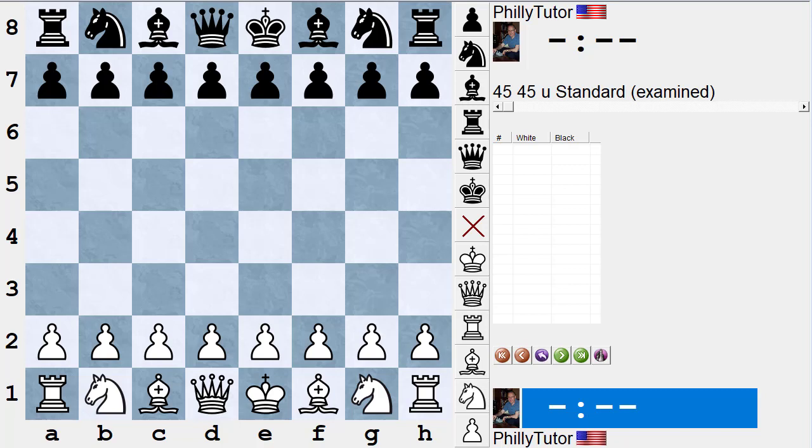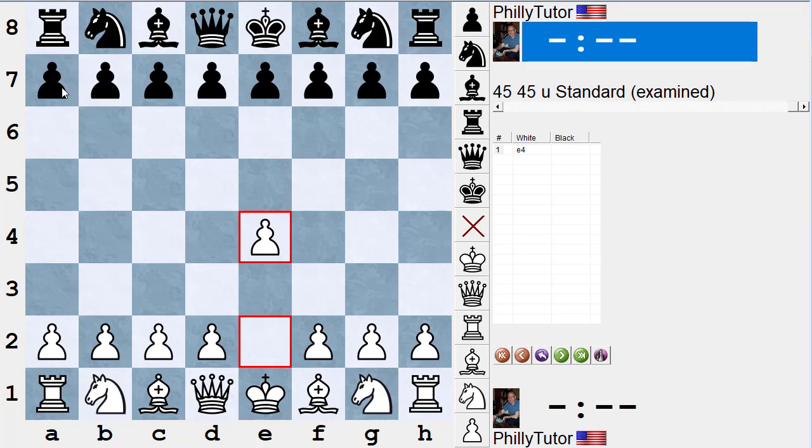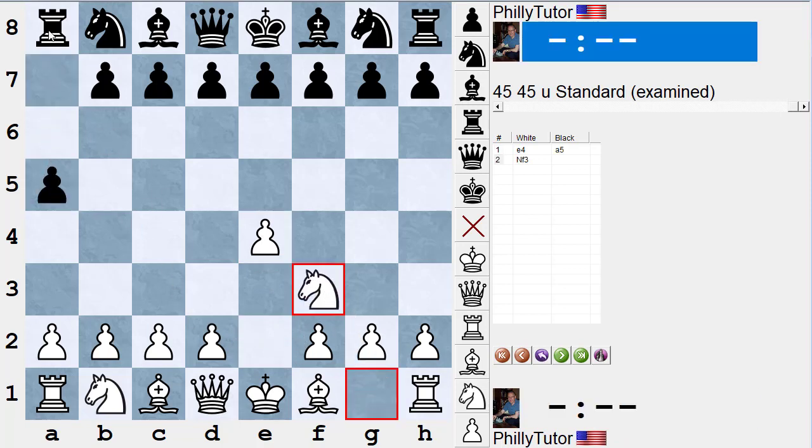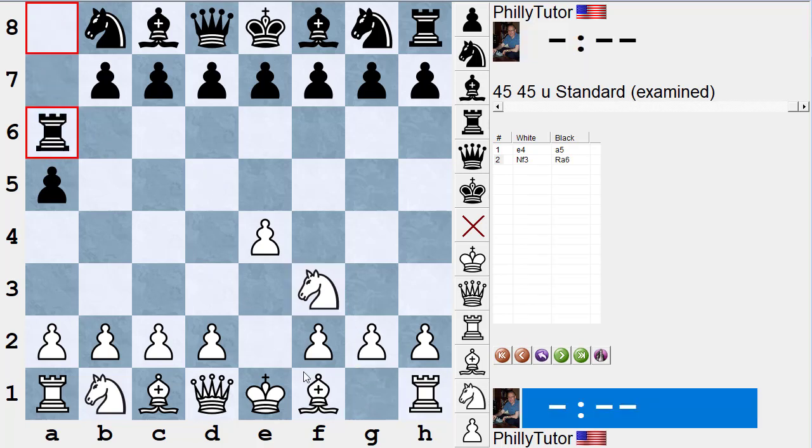And it's necessary to teach something like that to everybody who's starting to play chess, because when they have a chance to trade a piece, they have to know whether or not it makes sense to do that. So for instance, suppose two beginners are playing and white plays e4 and black plays a5 and white plays knight f3 and black plays rook a6, and white has to figure out, gee, do I want to play bishop takes